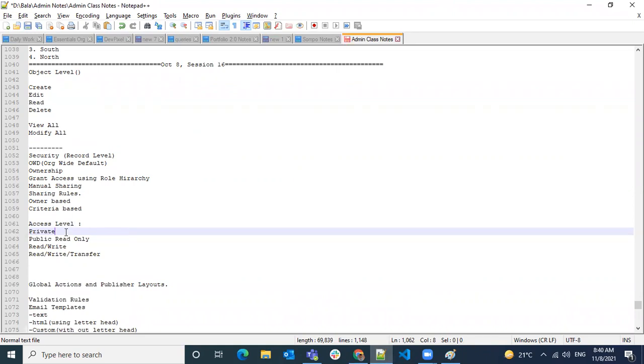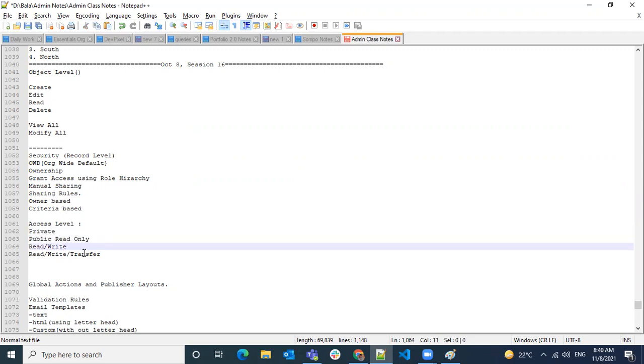Saying private means you're locking every room and every area in your house. When you say public read only, you're making glass walls and glass doors. Once anybody enters your house, they can see everything, but they cannot access anything unless you give them a key. When you say public read write, anybody can come to your house and see it, take it or change it.